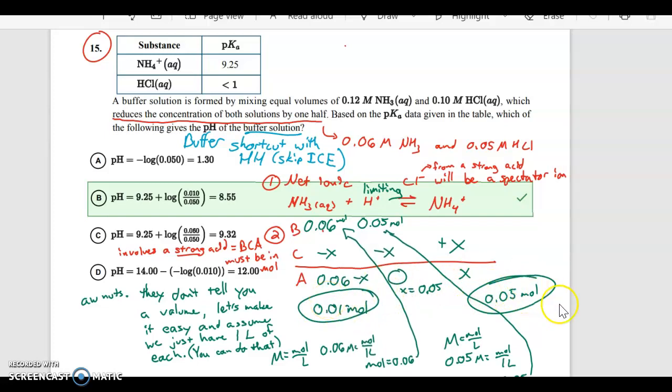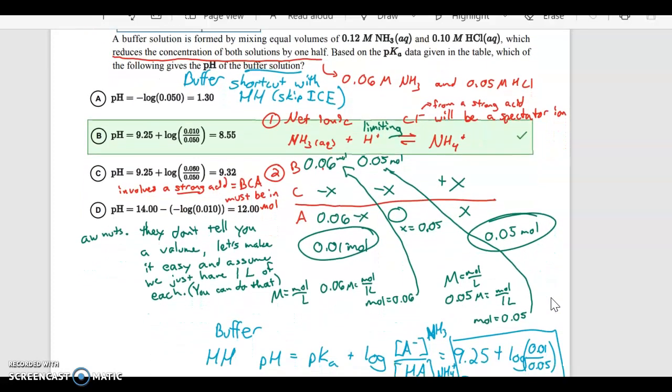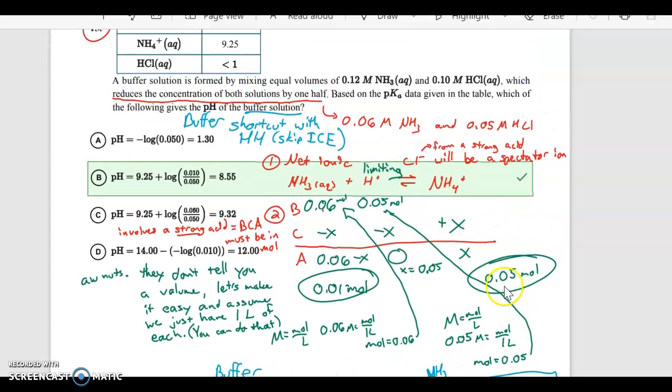So we have that. Now, you could go ahead and actually do the next step, which is going to do an ice table,